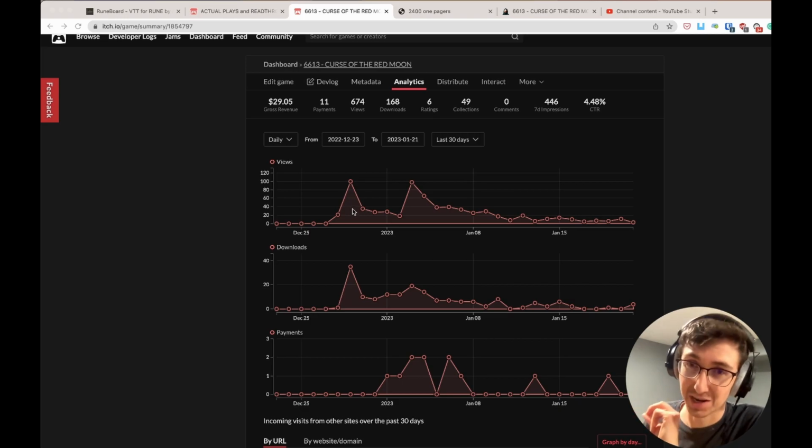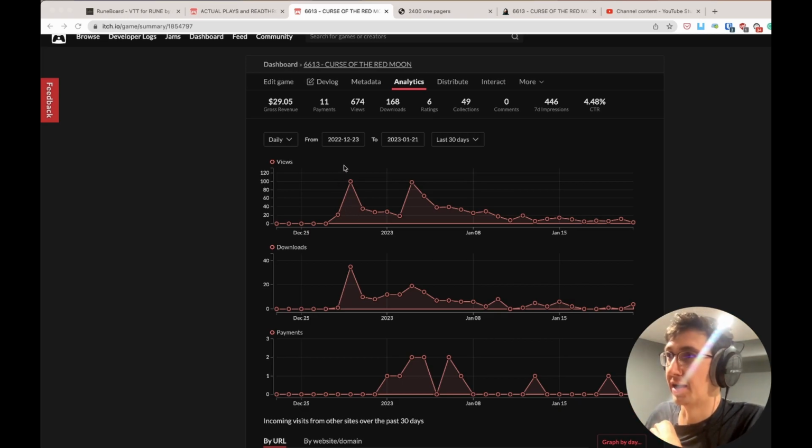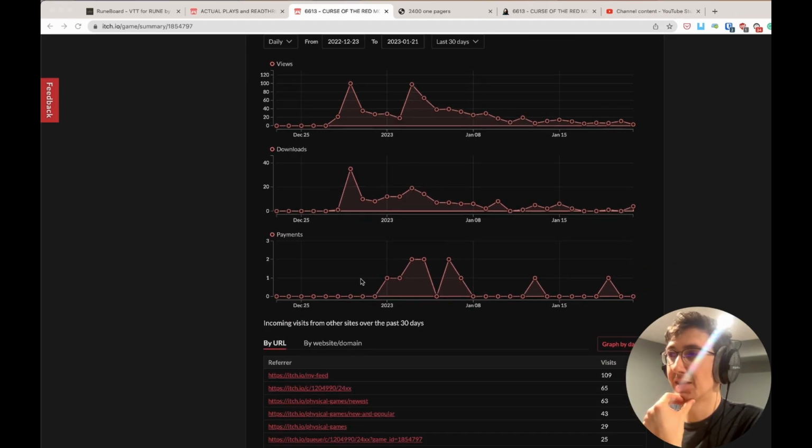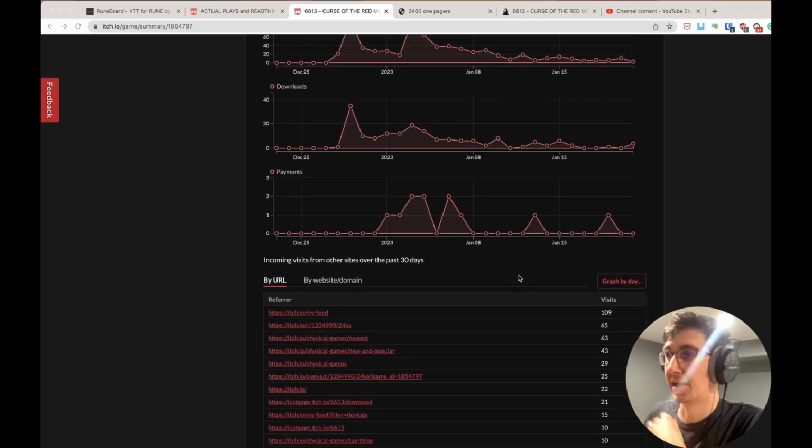It actually came from itch itself, which is interesting. And so you can see the downloads obviously spiked up a lot right when it was launched, and then it spiked up again when I put it on the winter sale. I kind of made it part of the winter sale. And the payments are kind of sporadic. They come every so often, but they definitely have been dying off because, and I'll show you why,